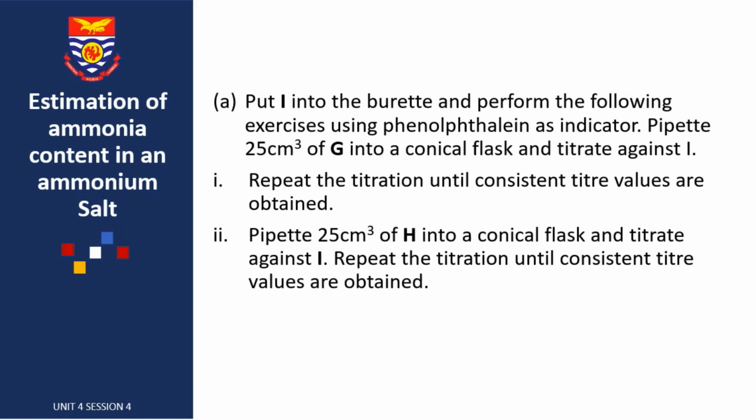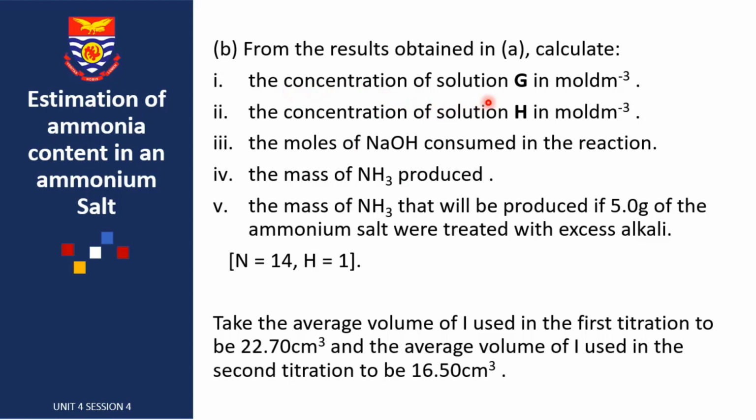Now let's look at the tasks here, and these are questions for us to solve. We are to find the amount concentration of J. We are to find the concentration of H in mole per dm cube, the moles of sodium hydroxide consumed in the reaction, the mass of NH3 produced, and the mass of NH3 that will be produced if 5 grams of the ammonium salt were treated with the excess alkali. And we are to take the average